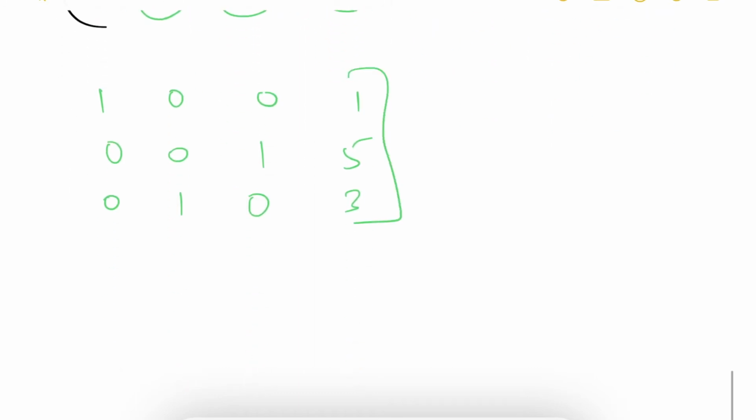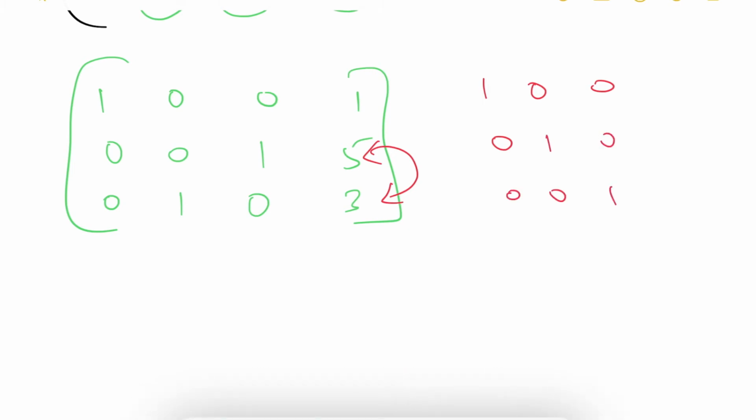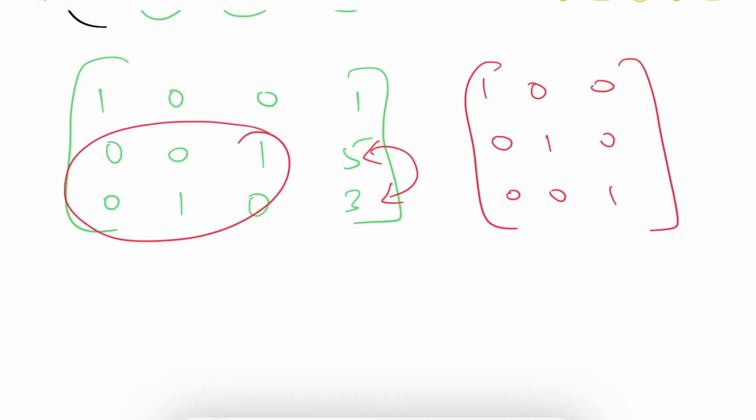Okay, now if we observe row 2 and row 3 clearly, as I said in the previous step already, I would like to get the answer like this: 1 0 0, 0 1 0, 0 0 1, the unit matrix. So now if we observe these two rows, I will interchange them. Whatever I require, I will get that by interchanging the second row and third row.